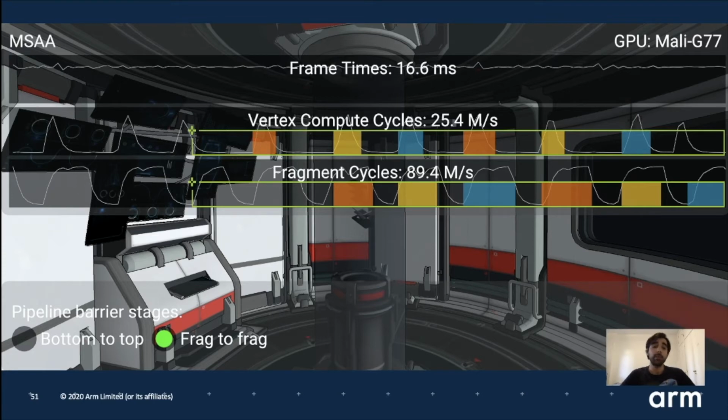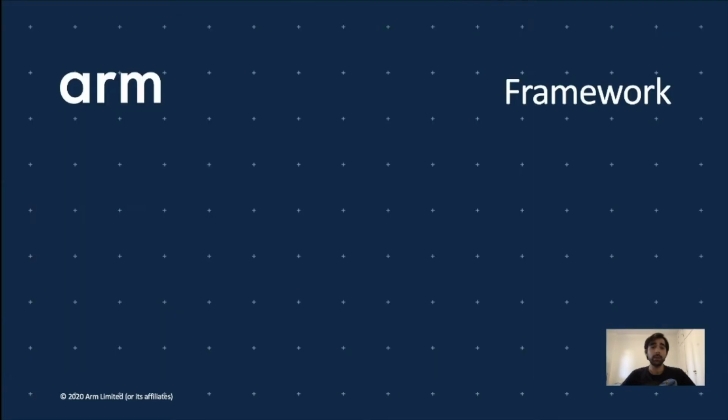In terms of performance, in this case, because it's a very simple scene, there is no difference, and also we are vsync bound, so we're already at 60 FPS. But in real games that are GPU bound, we have seen that just a simple change to a barrier has increased performance by more than 56%. And that's all the samples I wanted to talk about. Now I'm going to do a quick recap of our framework.